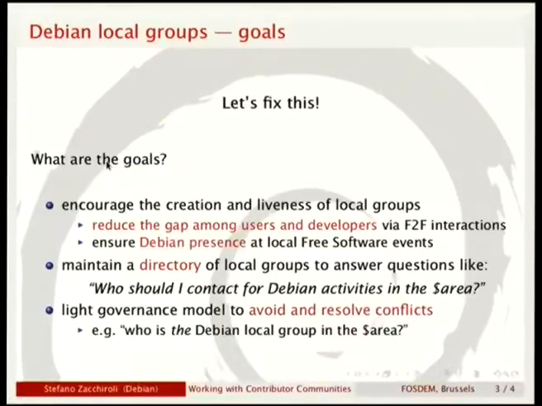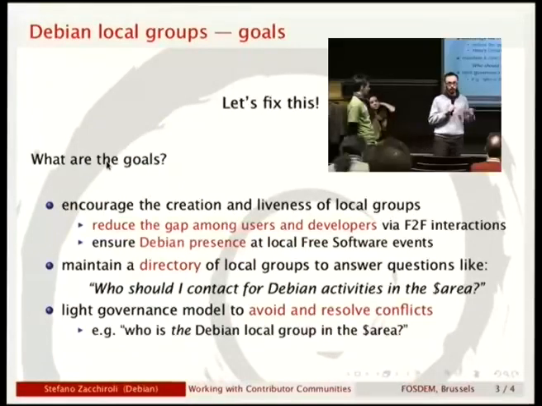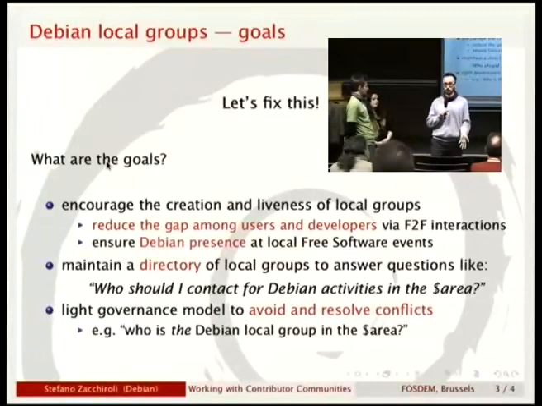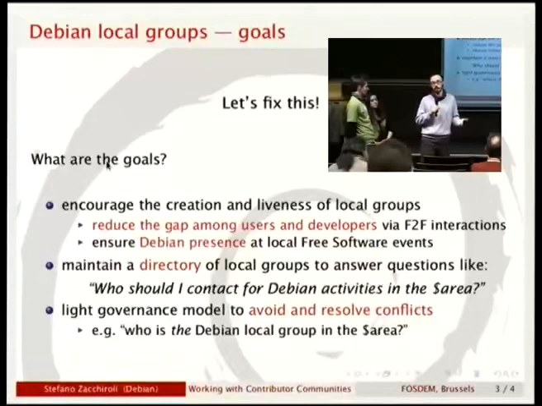I must say I'm here mostly to learn from other projects which have a more developed structure for local groups. But what I want to share with you is the goal we are setting ourselves for this initiative. For us, the first goal is actually two things. First, encourage groups to form spontaneously. Let's say we have people who are enthusiastic about Debian around the world, and we want them to know that they are welcome to create a local group in their area. And then also to have some mechanisms to keep those groups alive, because it's fairly easy for groups to be created and then the interest of the main driving person fades away. So we want to keep them alive and find the right incentive to do so.